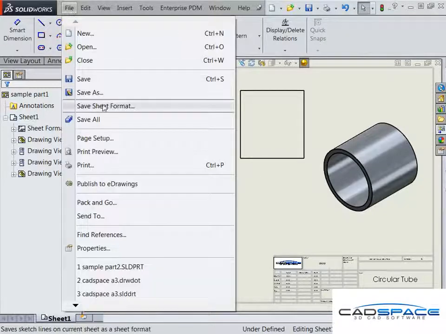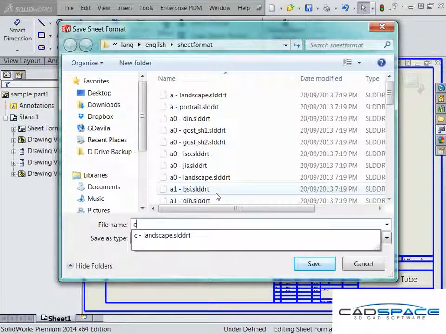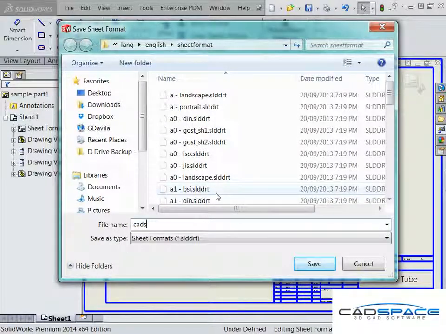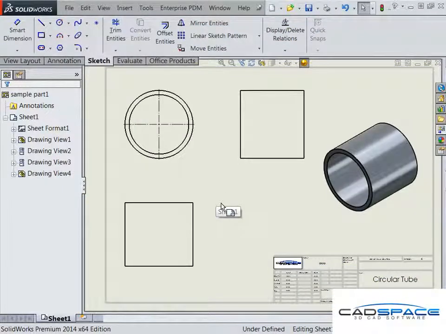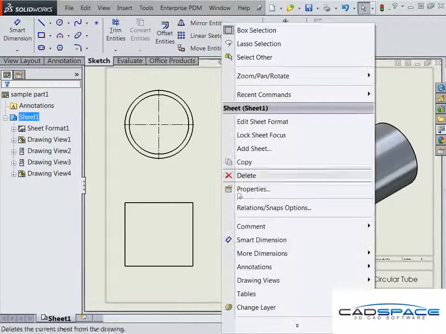So we go to File, this option here, Save Sheet Format, which is the title block, and just make sure you save it as your company name, just easy to remember, and then the size that you use, so it's A3. And again, still hasn't saved because if I hit a new sheet, it still hasn't remembered. So what I need to do is update the reference. So if I right click and hit Properties,